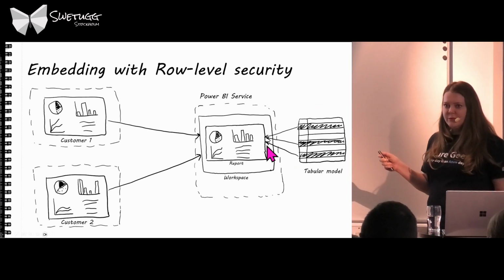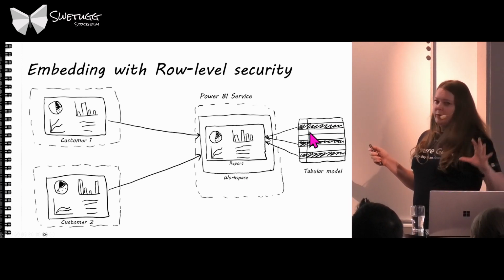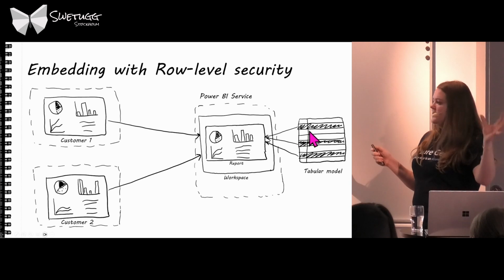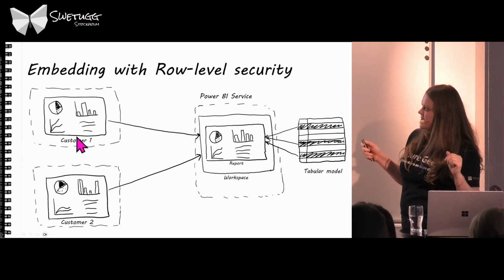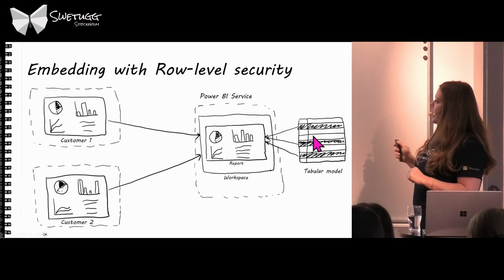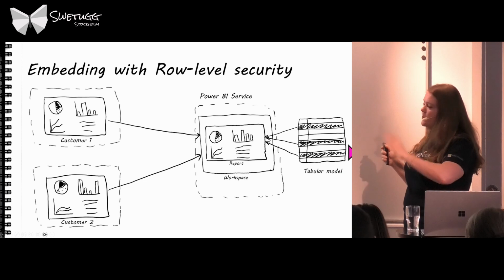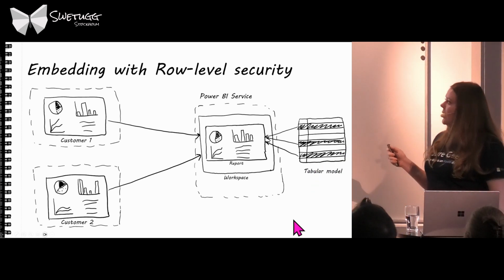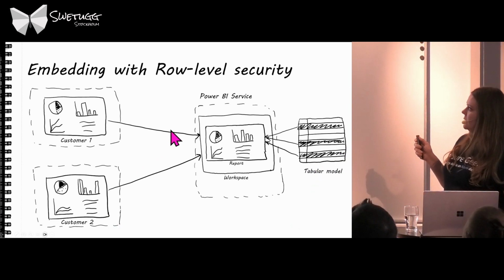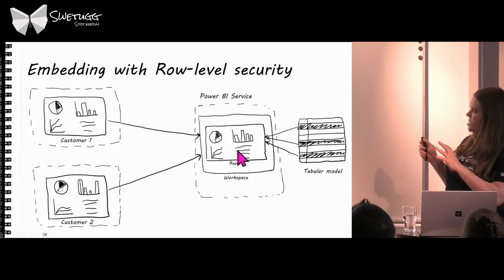You have a big database with a lot of data, and some rows belong to one organization, one customer. Customer is an organization in this case. Can be 100 people logging in. Some rows belong to customer 1, some rows belong to customer 2. When you log in to Power BI and pass this context to row level security in the embed token,